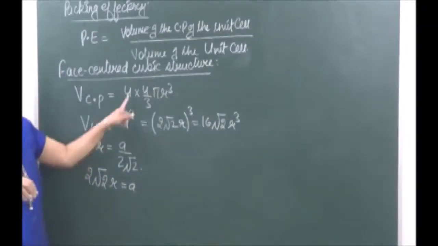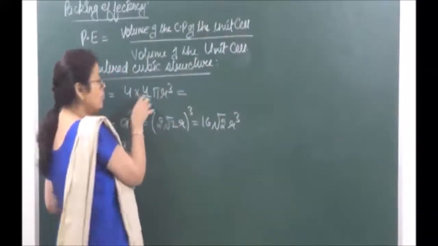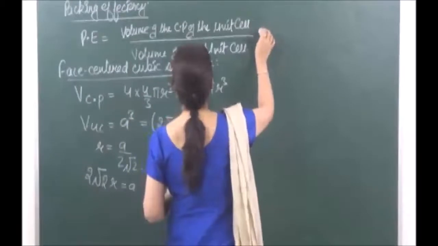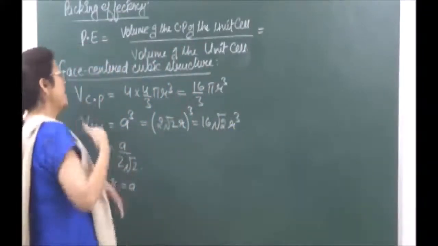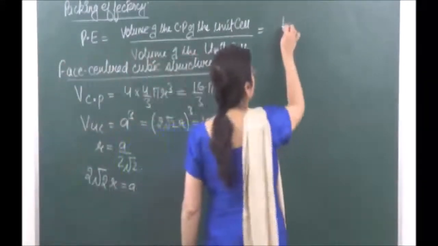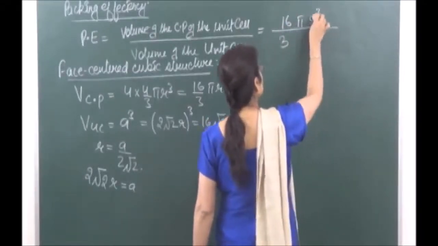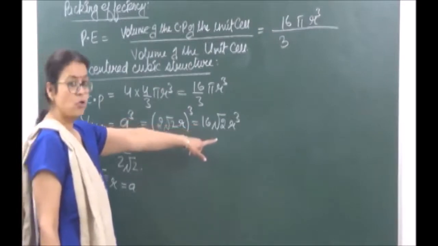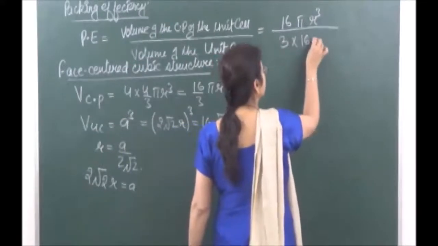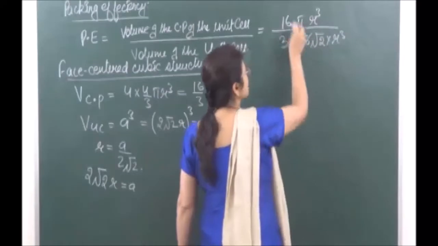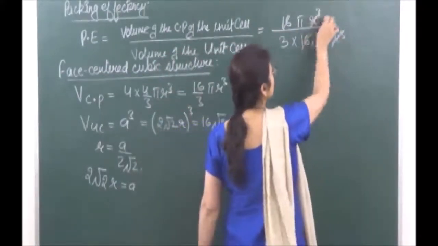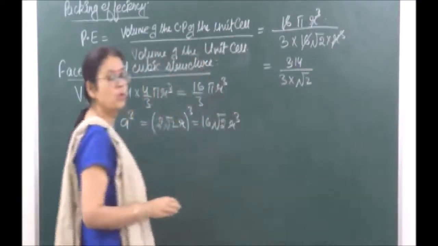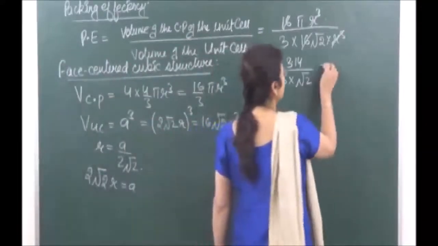Right? So let's put in the values now. इसको भी थोड़ा सा हम कैलकुलेट कर लेते हैं. 4 into 4, that is 16 by 3 pi r cube. Now the packing efficiency is what? Volume of the constituent particles of a unit cell. So volume of constituent particles is 16 by 3 pi r cube, over volume of the unit cell, which is 16 under root 2 r cube. Right? So ये हमारा कट गया, r क्यूब और r क्यूब भी कट गया. So हमारे पास क्या आ जाता है? 3.14 upon 3 into under root of 2. When you calculate this, this comes to 0.74,